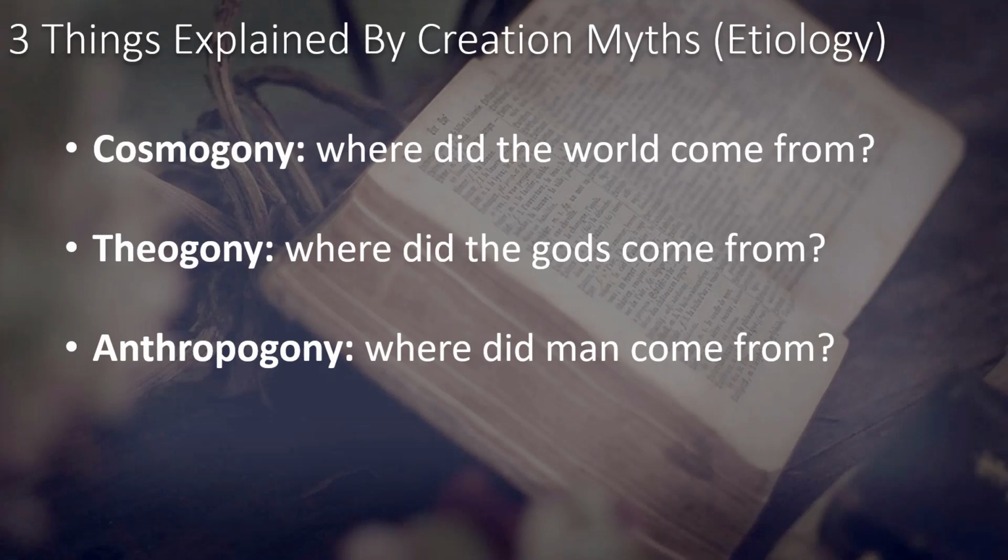And third, there's anthropogeny, and that's where did man come from? Almost all of these myths have some kind of explanation of how man was created. Now, they'll vary in the details, but these three things are really what these ideological myths or creation myths are trying to get at whenever we look at them in the context of whatever culture they're